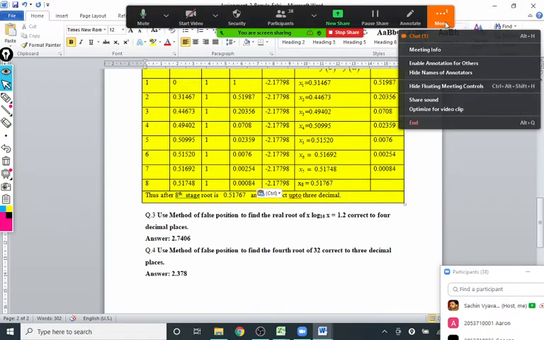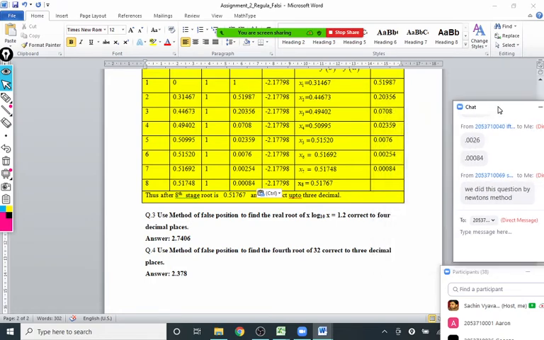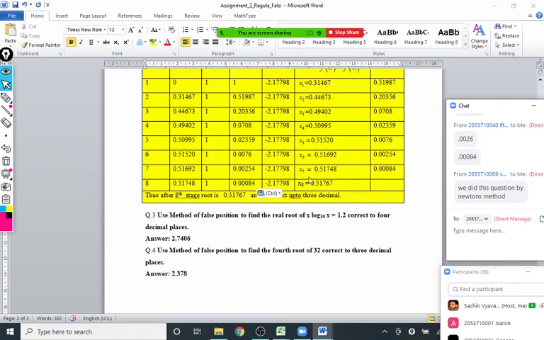Have we already done this by Newton-Raphson? Yes, correct, Swapnil. But now we have to do it by regula falsi. Again, you may require 7 to 8 iterations, and you will get this as the answer. But keep in mind that you have to convert the log 10 to the log e, that is, you have to convert to the natural log there. We'll discuss about it in Newton-Raphson again.